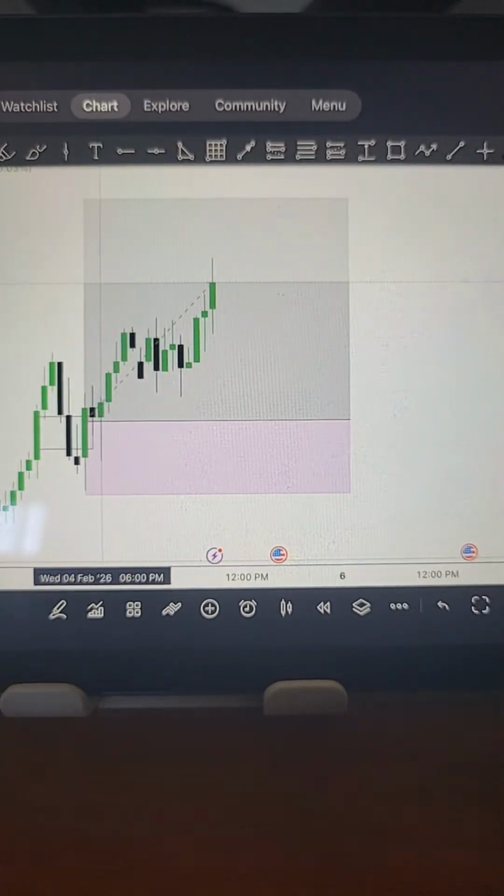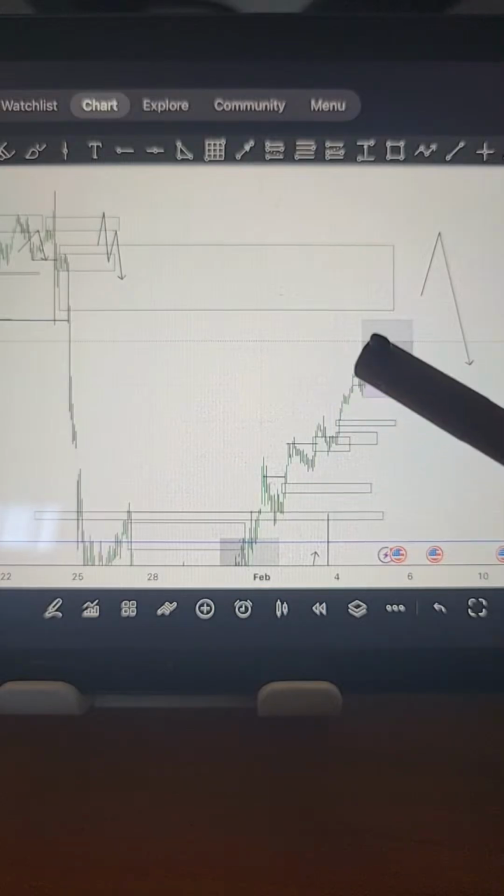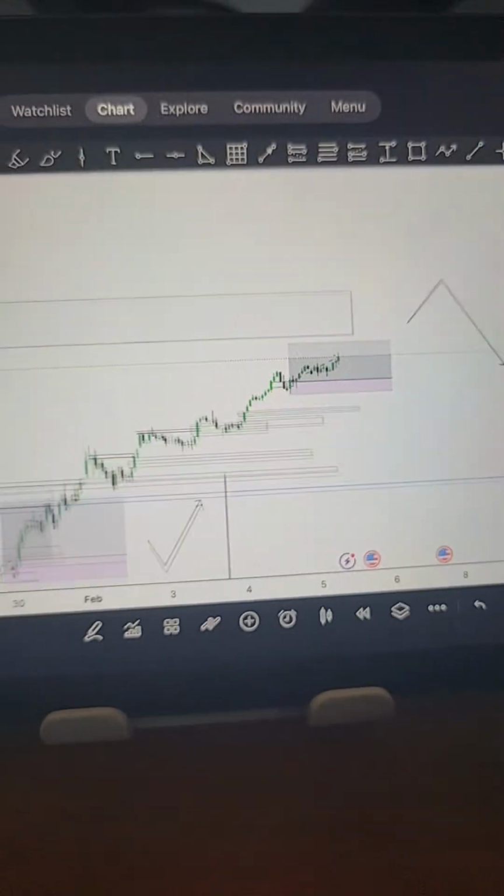I'm going to be holding this trade all the way to my POI, to my take profit. The overall trend on USD JPY from the daily time frame is bearish. This is my POI. I want price to get to this zone before I start selling off this market. Before that, I have to make sure that the internal structure has